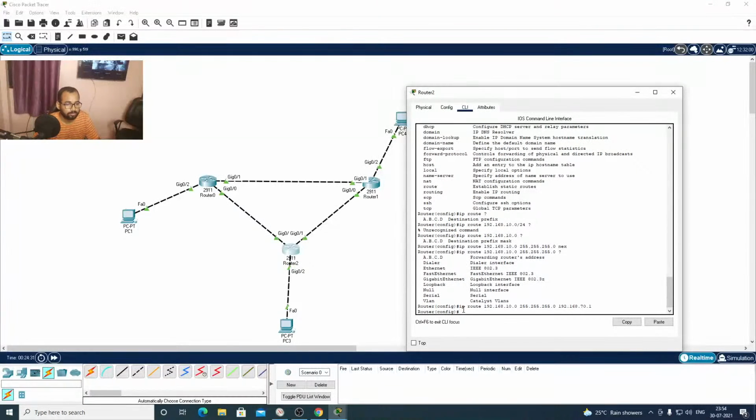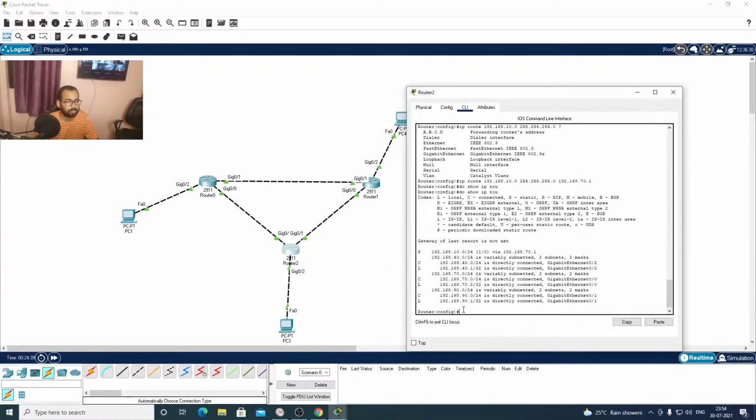Okay. So we have given the static route. We'll check the route by issuing the command do show ip route. As you can see, we have loaded our route table with this.